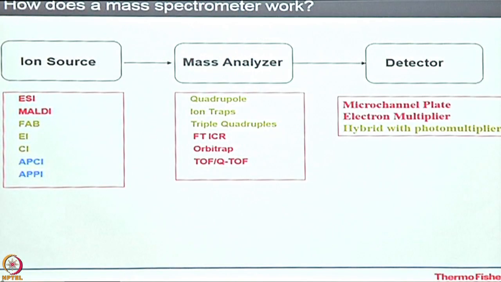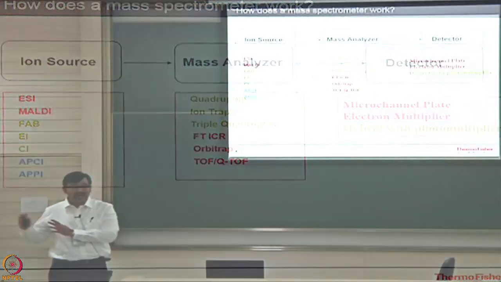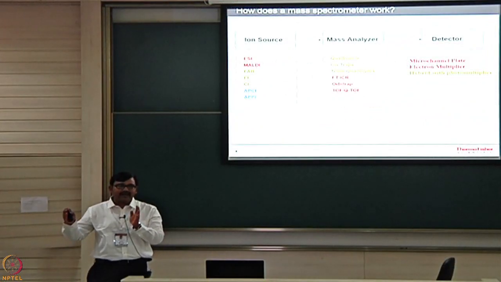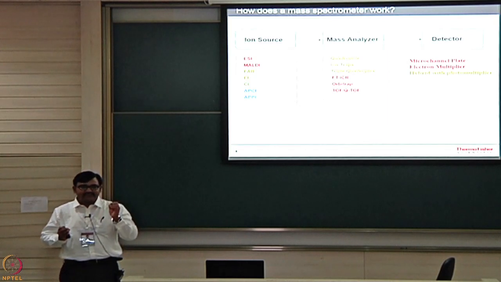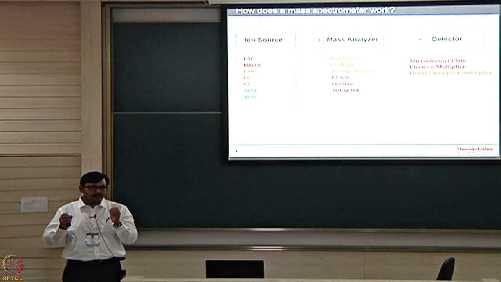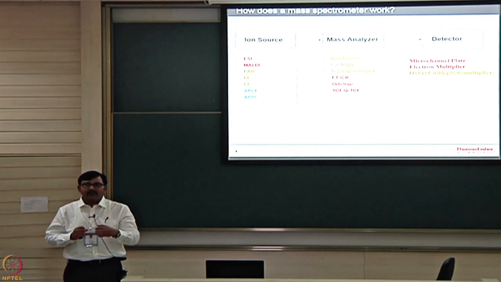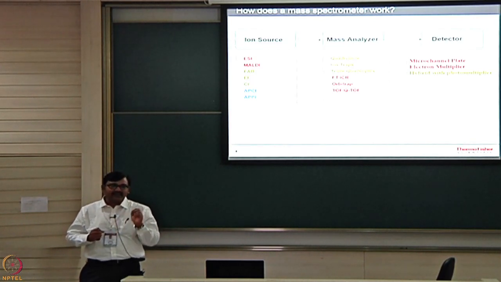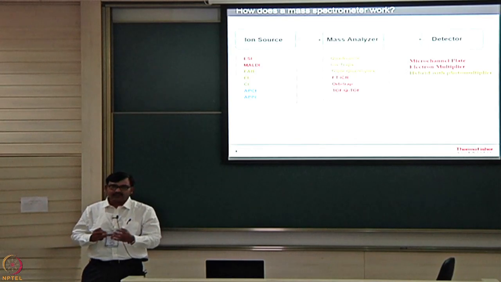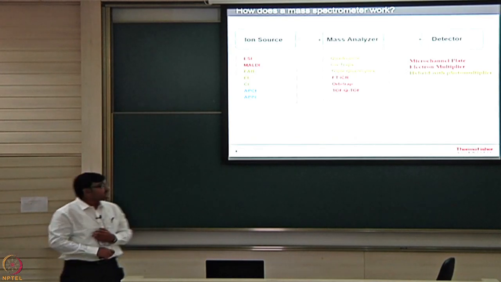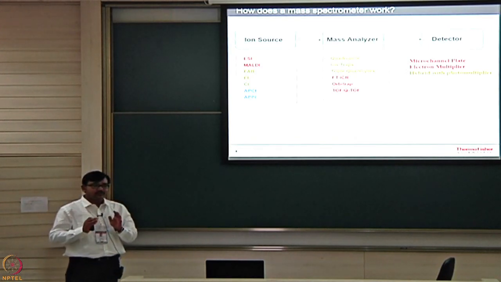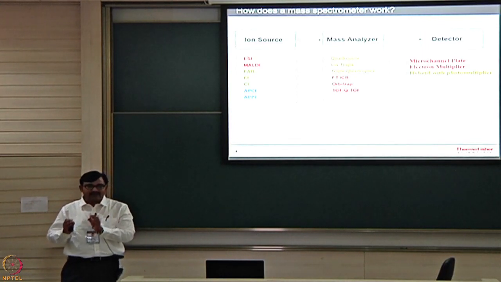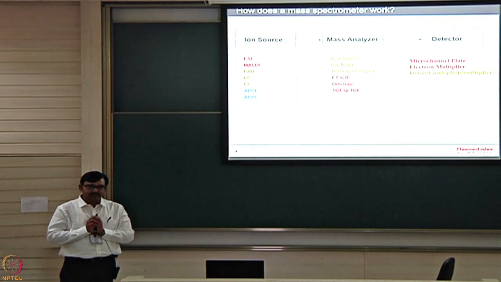Next is MALDI, matrix-assisted laser desorption ionization. It is a solid form to gaseous form. What happens in MALDI is you mix the sample with some matrix molecule, spot it on a plate, and let it dry. Then you shoot a laser. That laser gives the energy for ionization, so from solid to gaseous phase. These are the two most soft ionization methods, where your biomolecules will not degrade during ionization.